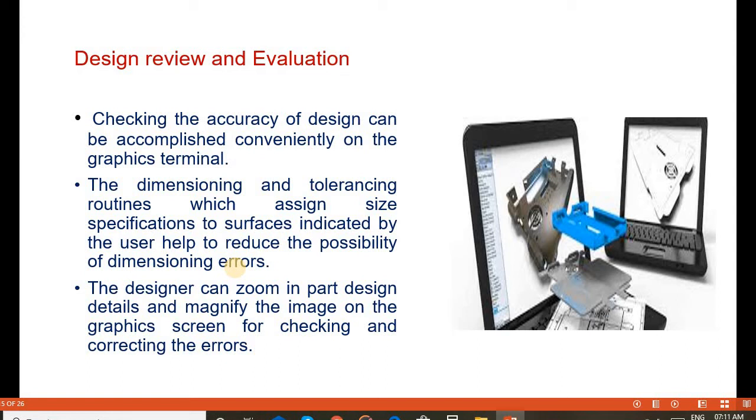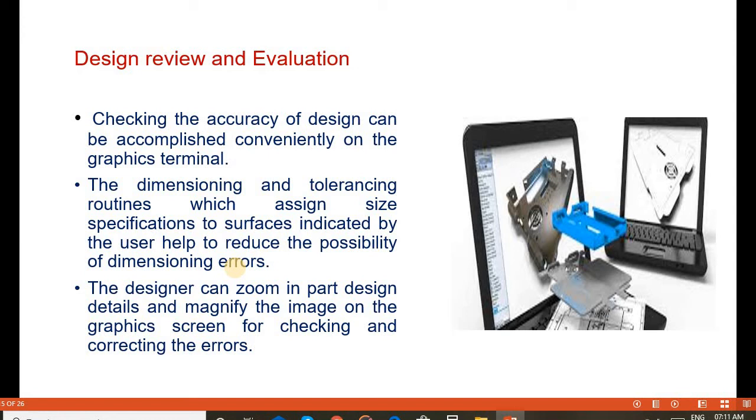The designer can zoom in on part design details and magnify the image. The designer can zoom out of any part of the design image, or magnify any particular portion of the image on the graphic screen for checking and correcting errors. The machine component design or product design is displayed on the graphic screen.